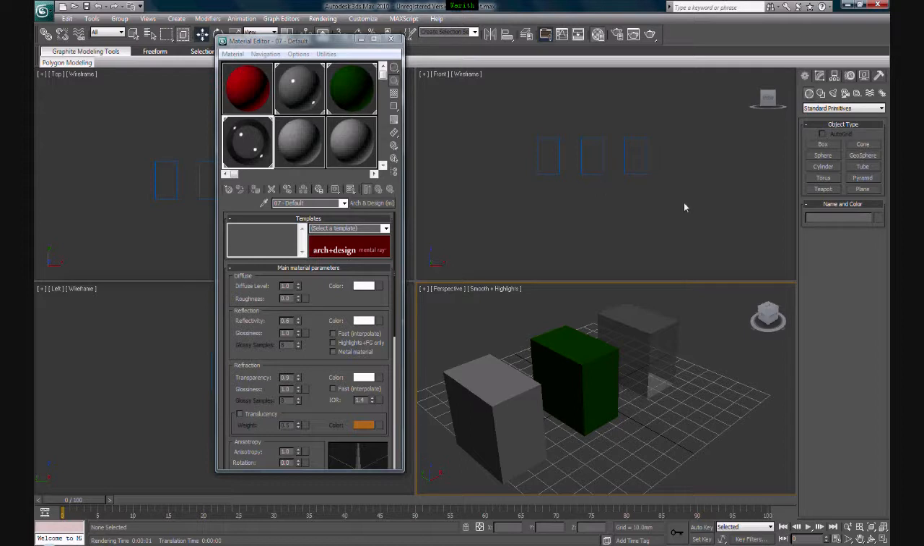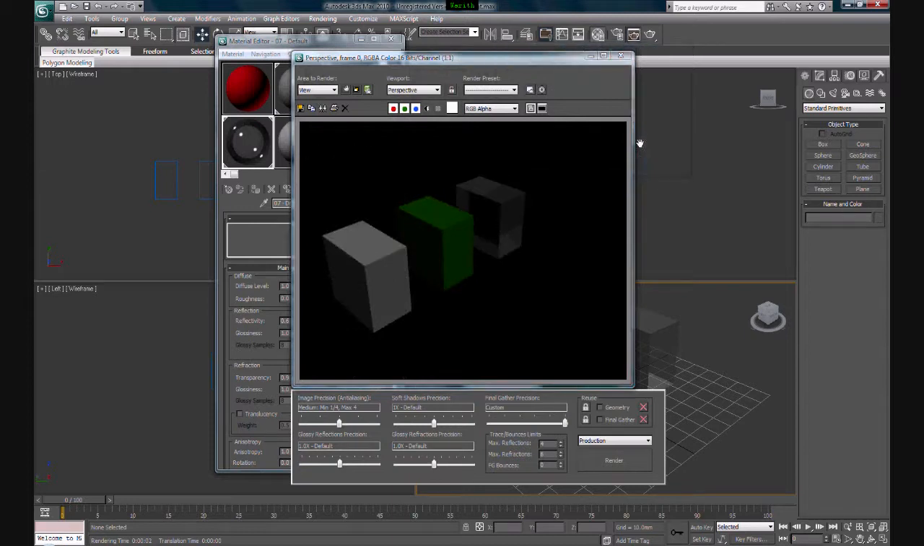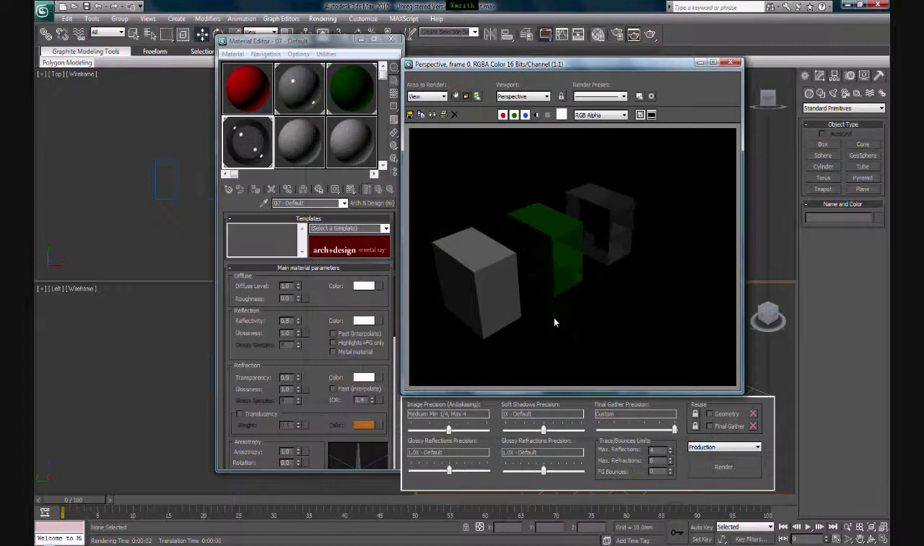To render you have to click on this icon here which says render production, or the easier way is by pressing F9 on your keyboard. So this is the result of the material that we've applied to each of these boxes. You can see this one has a transparency property, and this one is supposed to be flat green, which is working fine, but this one somehow is not reflecting any light because it's